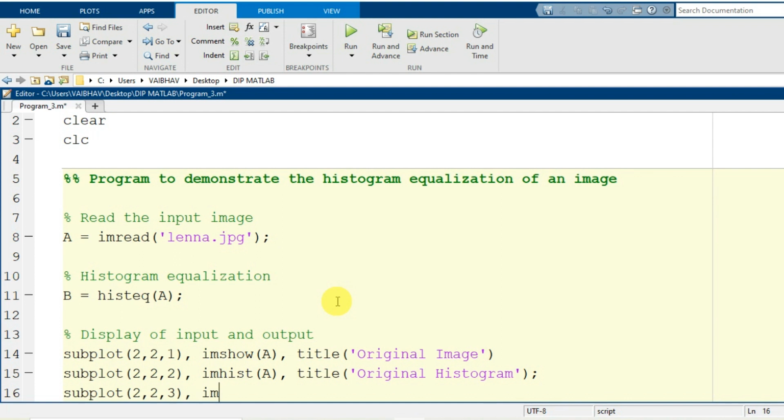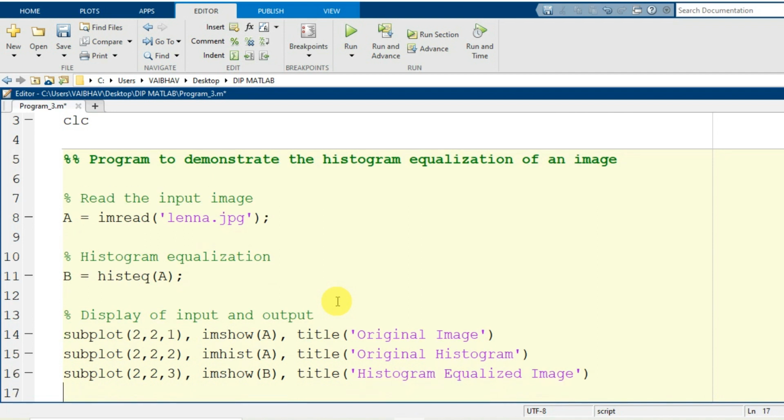For that purpose, it is the imshow command, and the resultant image is held by the variable capital B. Thereupon I provide a title, histogram equalized image, and this title should be within a pair of single quotes inside a pair of parentheses. There is no requirement of suppressing the output here. We have to display it, that is why no semicolon at the end.